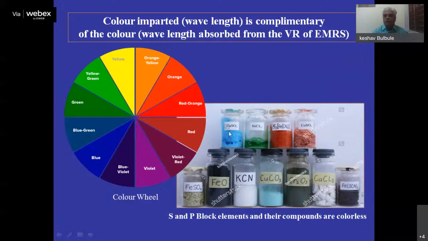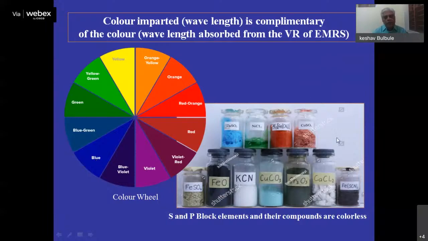That means the sulfate radical makes a split in the d subshell, and there is going to be an electron transition from a lower energy level to a higher energy level. This requires very little energy, and that comes from the orange wavelength, and the complementary color of orange is supposed to be blue. That's how most of the cupric compounds are